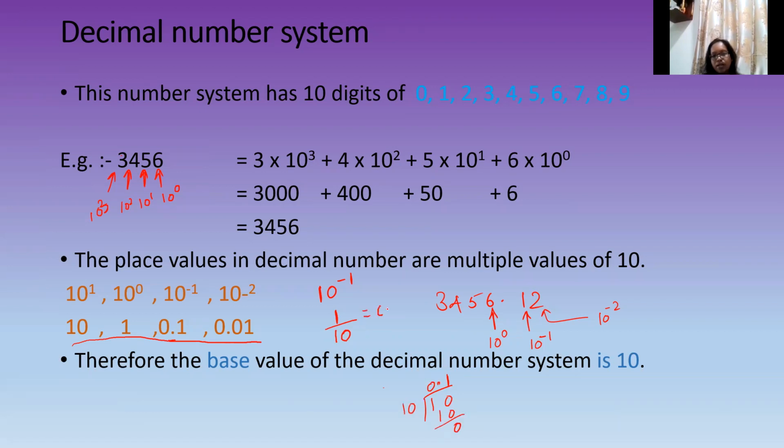It's a very simple one. This is 0.1. This way you have to take that one, right? If it is 10 to the power minus 2, same way you have to take it as 10 to the